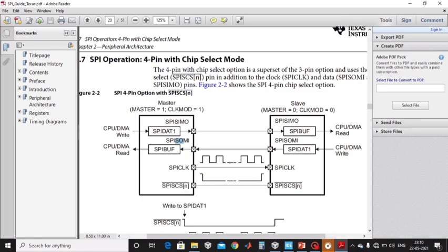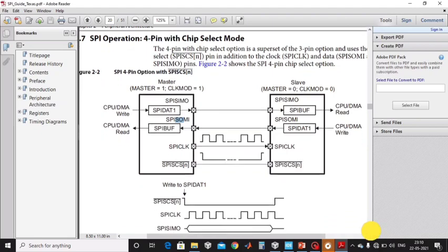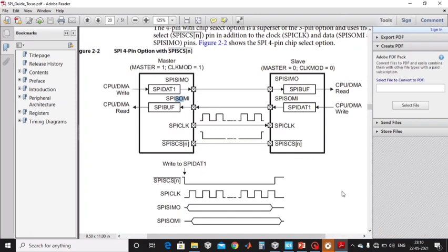This pin is required whenever we are connecting multiple slaves on the same bus. Suppose there is another device, a slave device 2, and this device is sharing the clock, the SPI SOMI pin and SPI SIMO pin. That means all these pins are common in device 2. So now suppose master wants to talk to slave device 1. For now assume that this is slave device 1 and there is another slave device which is slave device 2.